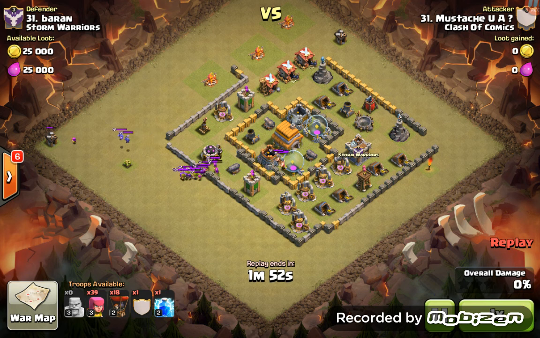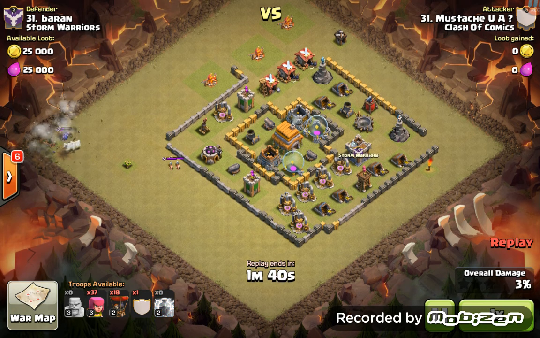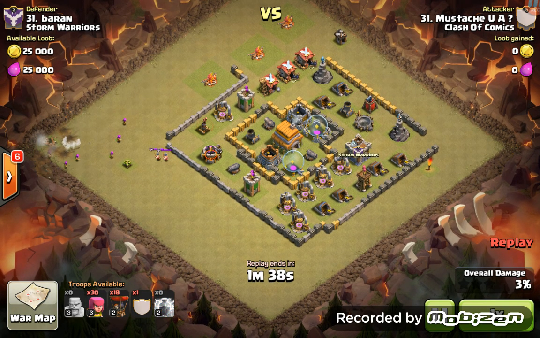We do draw them over to here to cluster them up. The key here with this type of ground troops, these level 1 troops, tier 1, is that we can just zap those with lightning, and we're able to, once again,